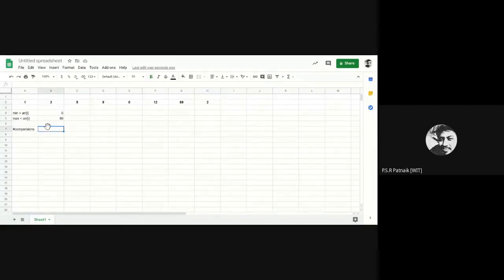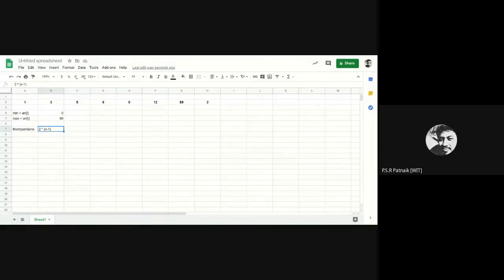So total number of comparisons is 7 into 2. If I denote the total size by n, it is n minus 1. Okay, so 7 comparisons. So if I write it in terms of actual n notation, per element I am doing 2 comparisons. Likewise, for n minus 1 elements. Okay, so these are the actual number of comparisons.